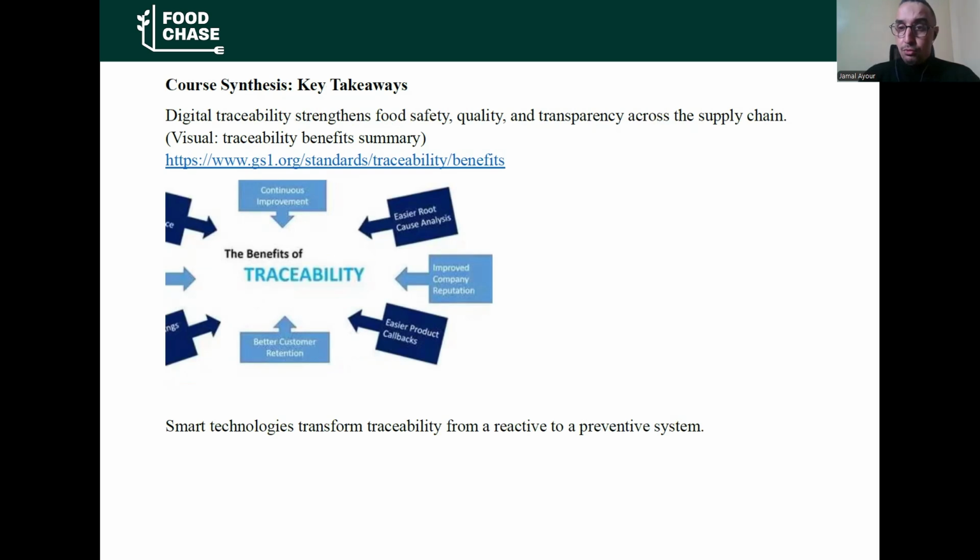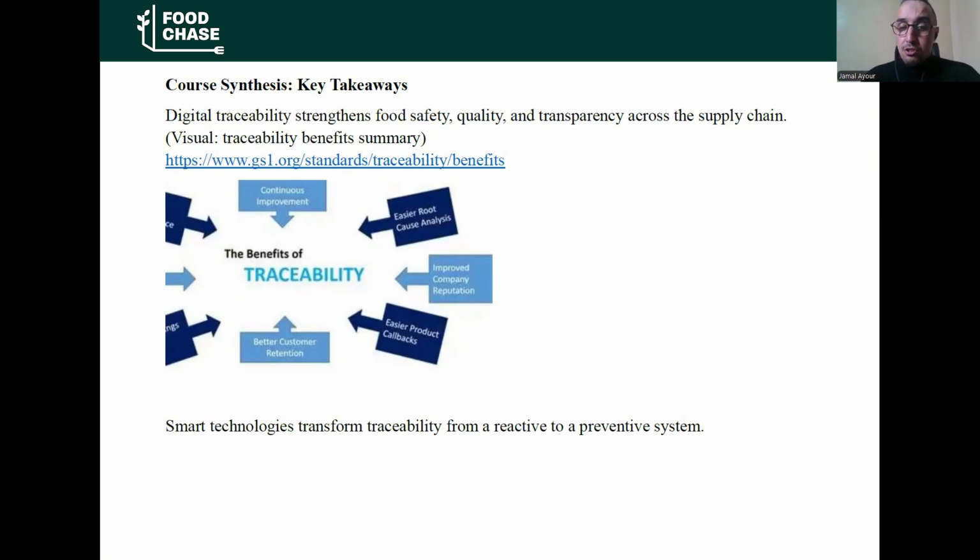In this course's five sections, we explained that digital traceability strengthens food safety, quality, and transparency across the supply chain, with the creation of new tools and new products of high quality, as you can see in these pictures and links. The benefits of traceability include transparency, trust, easy root cause analysis, improved company reputation, better consumer retention, and continuous improvement of your process.